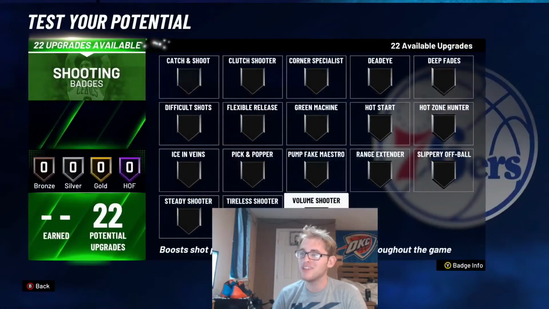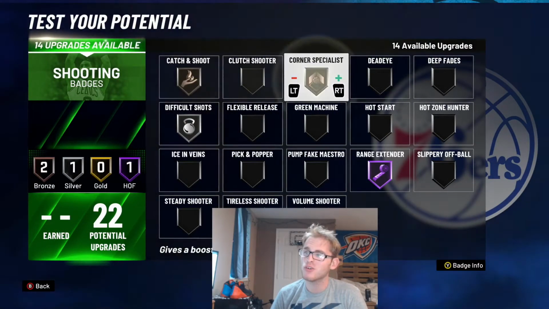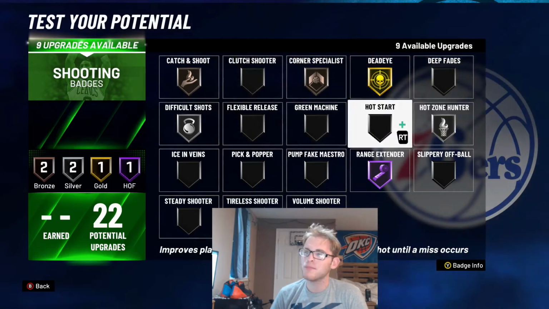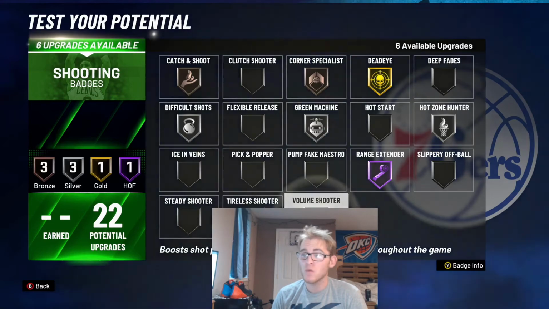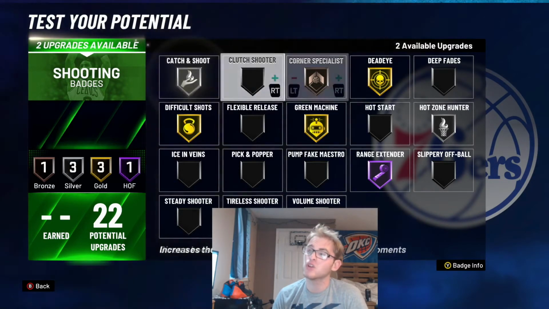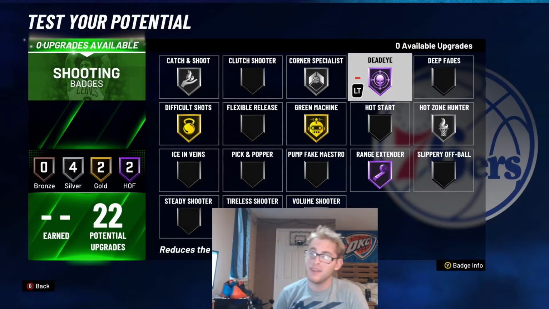For these shooting badges, guys, I'm going to put Range Extender on Hall of Fame, Difficult Shots here on silver, Catch and Shoot and Corner both on bronze, Deadeye up to gold, and then we can throw Hot Zone Hunter up to silver, Green Machine up to silver, and then really the rest of these other 7, you can split them however you'd like. Volume Shooter could work with this build. You could throw that up to silver, and then just higher Green Machine, Difficult Shots. You can higher Catch and Shoot, Corner both. But you can mix and match those however you'd like, but I'm going to go like this for these shooting